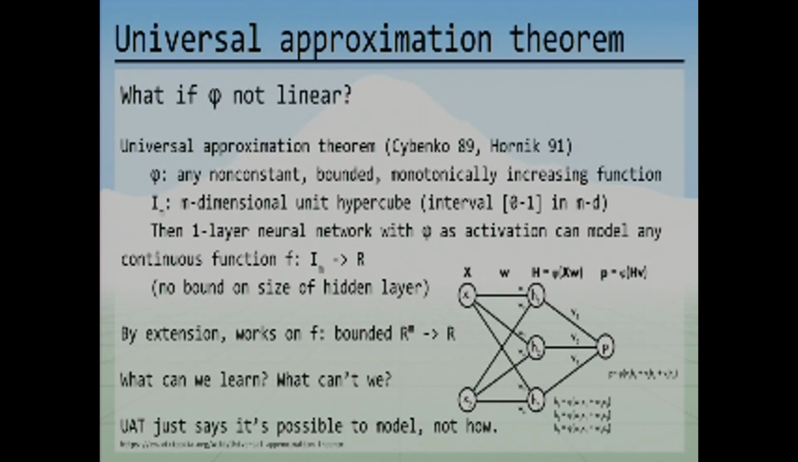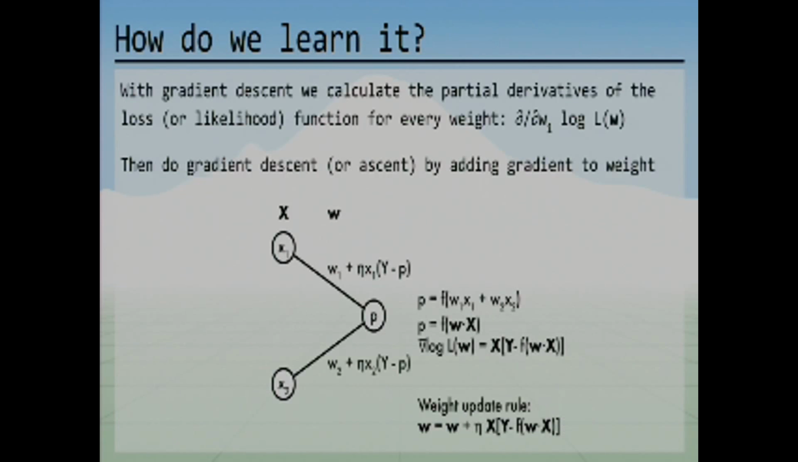But in particular, the universal approximation theorem just says that it's possible to come up with weights and some hidden layer that will correctly model this function. It doesn't tell you how to do it. So we have to learn for ourselves what the correct weights are and what the correct configuration of this neural network is. So in general, we're going to use gradient descent when we're optimizing something like a neural